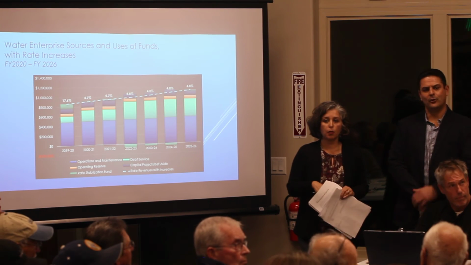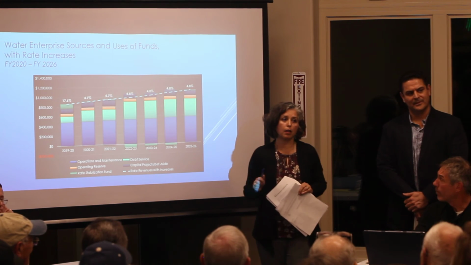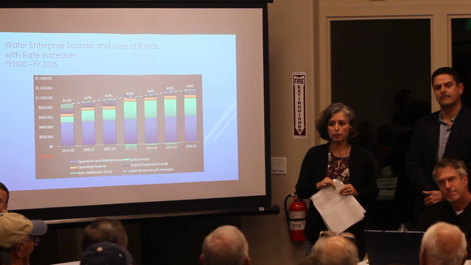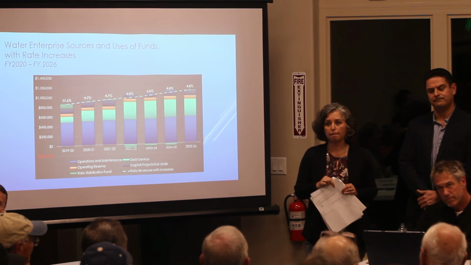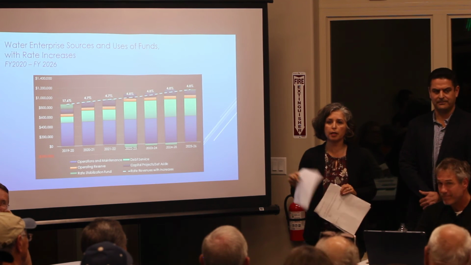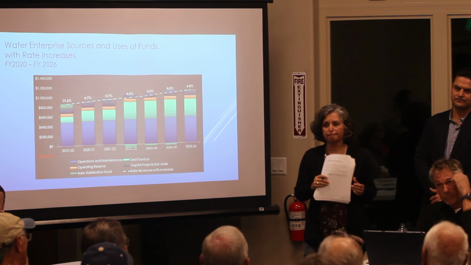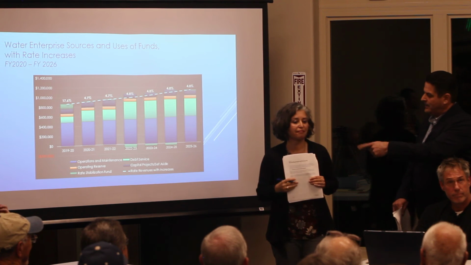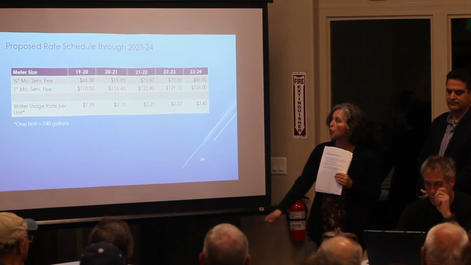When's the last time you came to a meeting? I know we're not talking about the signs, and that's another argument, but I don't think you guys are being totally honest. Didn't you reference the report that you put out that has all this information in it? Yes. And if you read through it, it shows all the data for the past 10 years, the detailed numbers, the operating expenses, salaries, everything's in there. You can look at it. That's right. I don't think they're trying to hide it from you. Well, you have to assume that those people have internet, correct? Does everyone have internet in Christian Valley? They sent letters in the mail.